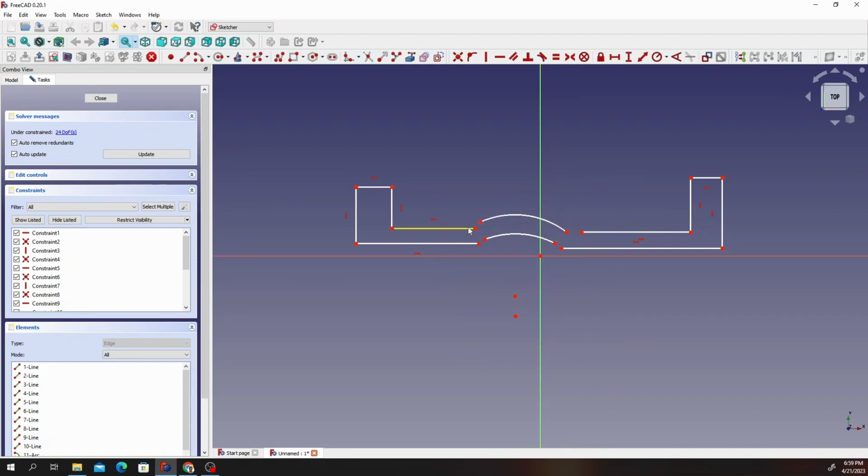Okay, select these 2 points and then click on coincidence. Select those 2, click on coincidence, that and that, click on coincidence. Okay, it's now closed. So we are going to create symmetry between points on the opposite side